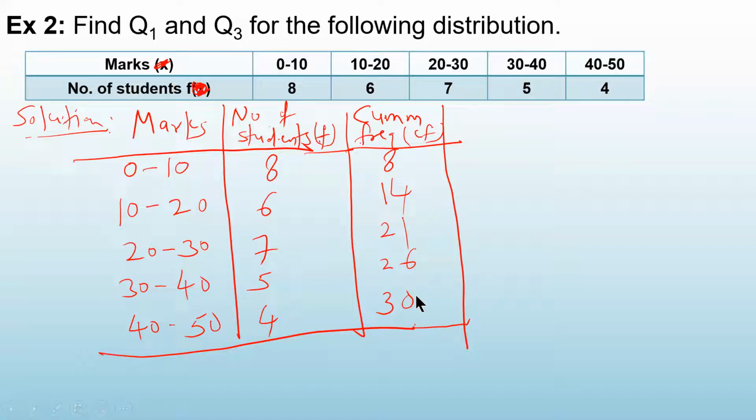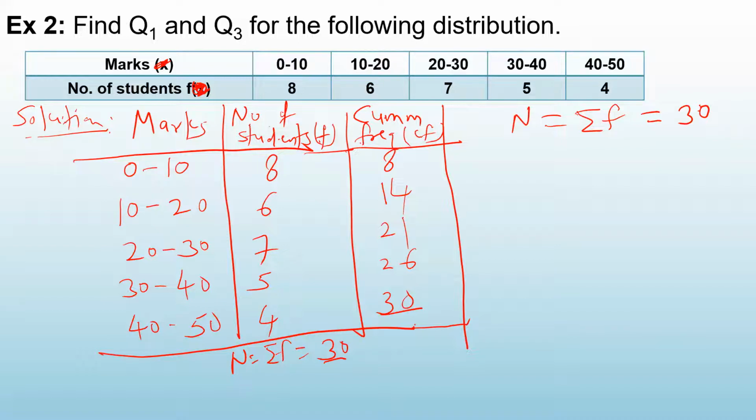Okay. What is the next step? Calculate the value of n. n means total values in the data. How will you get that? Summation of frequencies. So this is the column for frequency. Add this column. Second column, the summation of frequency. How much is it coming? 30. This and this figure should be the same. It is the same, correct? So n is equal to 30. The total values in my data, that means this is the data of 30 students.